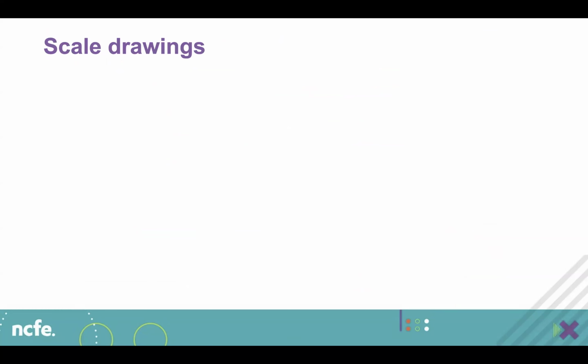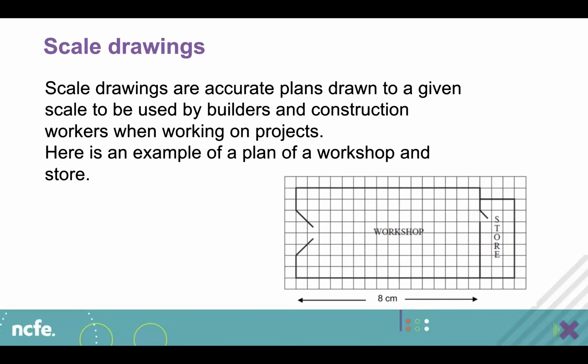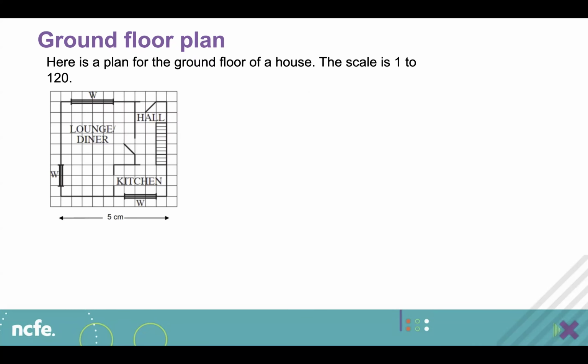Also, scale drawings. Scale drawings are accurate plans drawn to a given scale to be used by builders and construction workers when working on projects. There is an example of a plan of a workshop and store. If we look at this, the scale is 1 to 120. What is the total width of the two windows